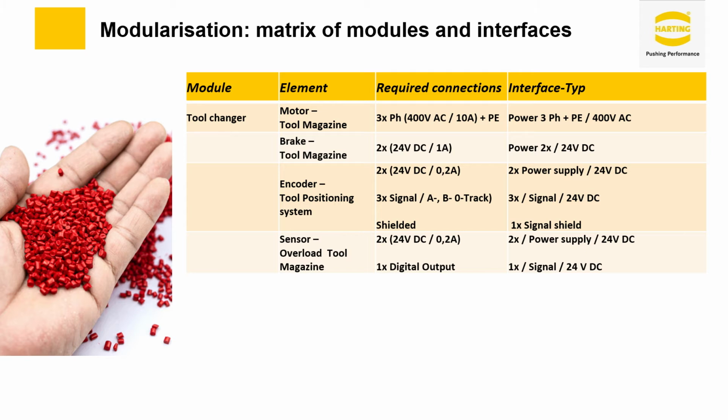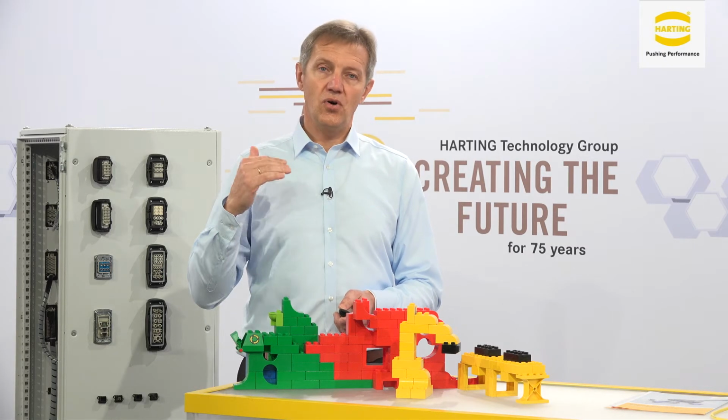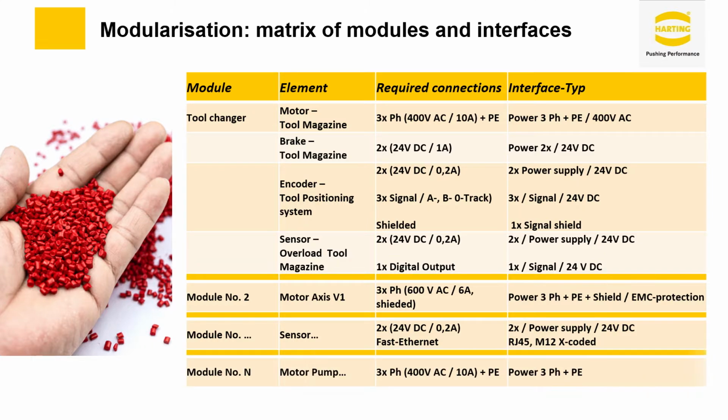on the general level. And in the best way, in the next step, you have to show what kind of interfaces are necessary. Based on this matrix, or on this table, you see, for this single element, I need all these types of connections and all of these types of physical interfaces on the physical layer. And after that, you have to do this for all types of modules you have.